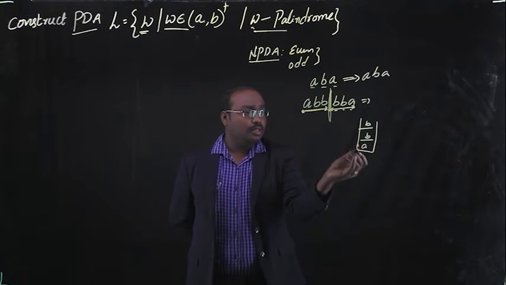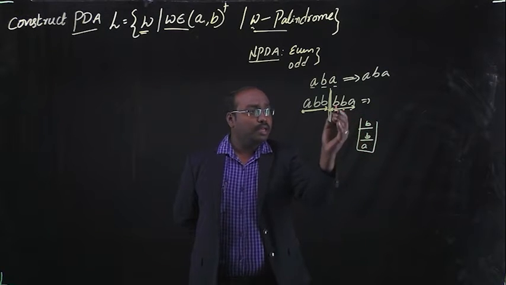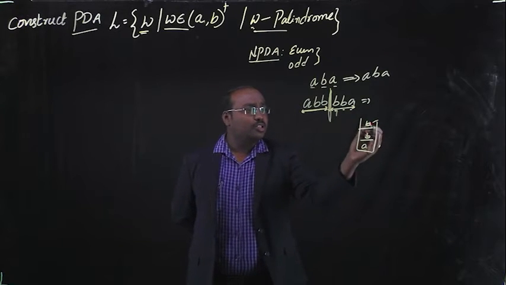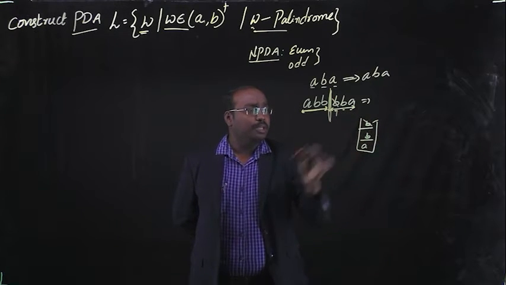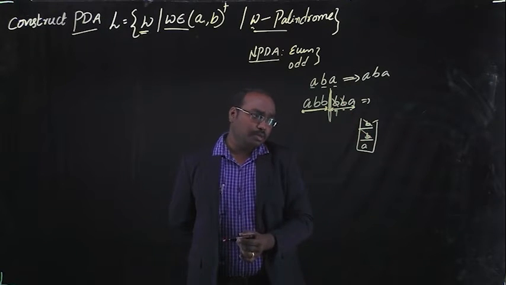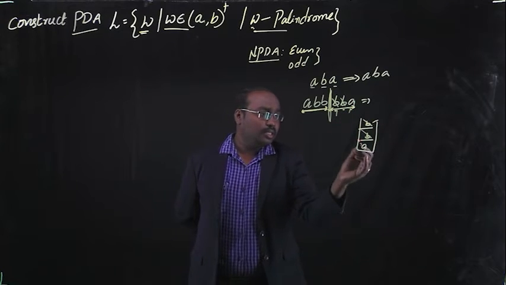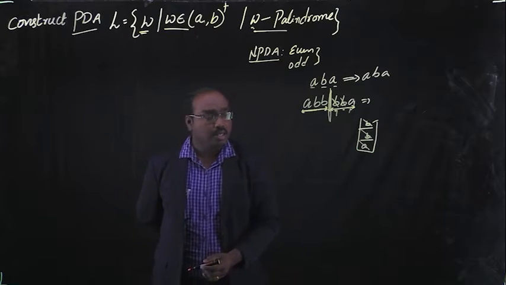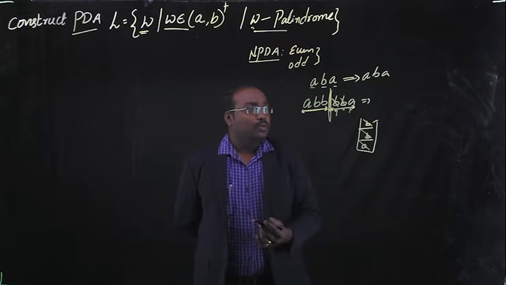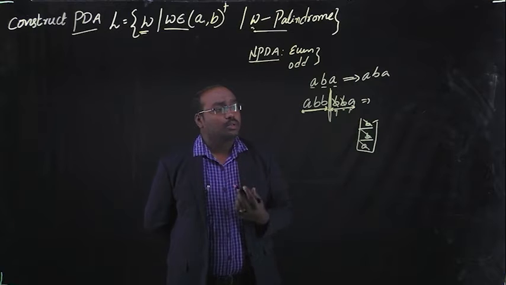That means ABB are the input symbols, and these input symbols are inserted into the stack. Then input symbol B is matched with the stack's top symbol, then this element should be removed from the stack. The next input symbol B should also be removed from the stack. Then the next input symbol A matches, so we remove that symbol from the stack. So these are the ways we have to solve the given problem.